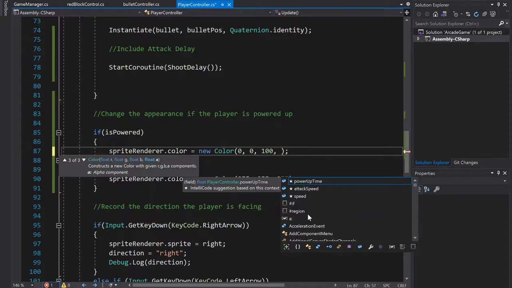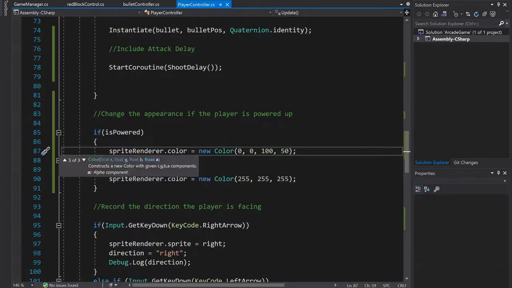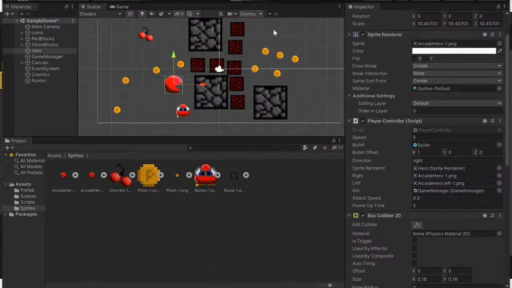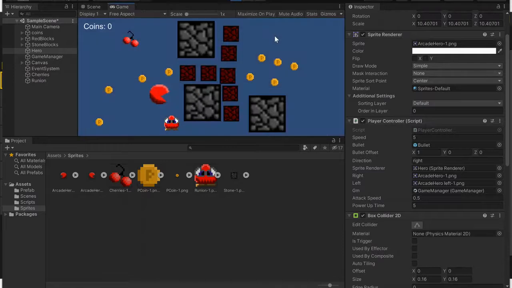And that's gonna make how transparent the color is here. So let's make that 50. That way it'll be kind of a see-through blue. You should be able to see the sprite through it. Okay, so here we go. All right, that's a little bit nicer, but now I'm blue forever,